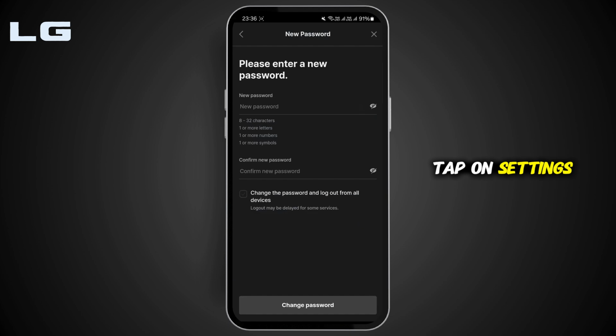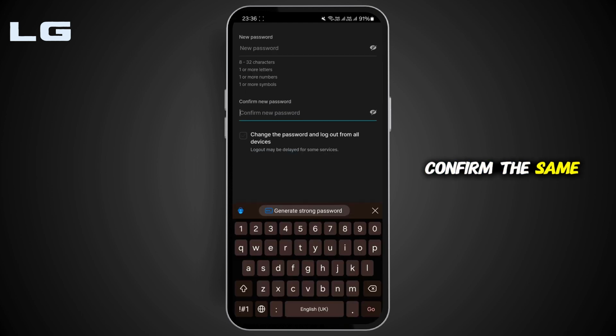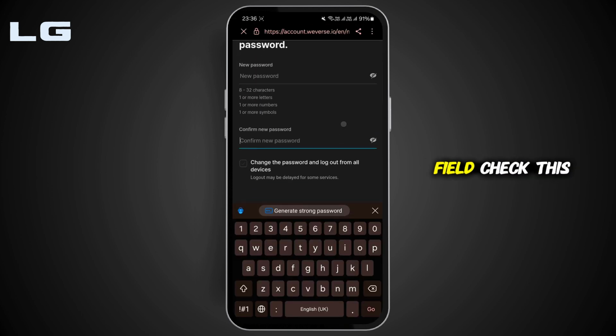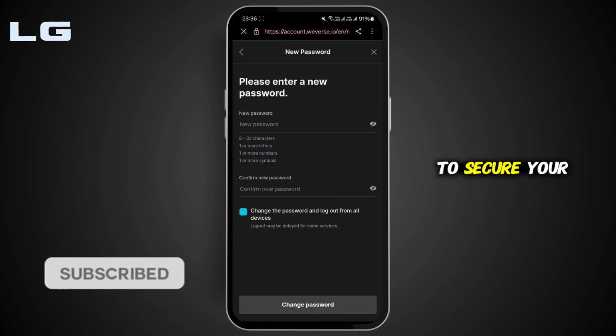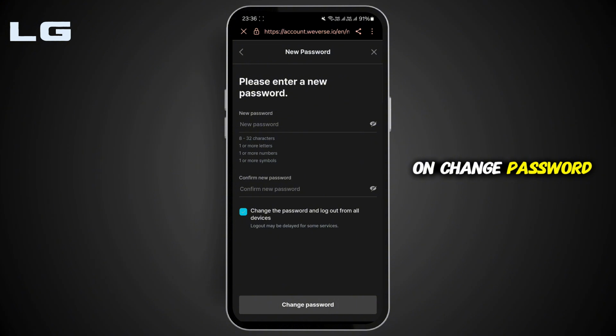Tap on Settings, and here you can go ahead and enter a new password that you'd like to set and confirm the same password in the next field. Check this box of change the password and log out from all devices to secure your account, and then tap on change password. So this method is for the people who directly log in to their Weverse account using their